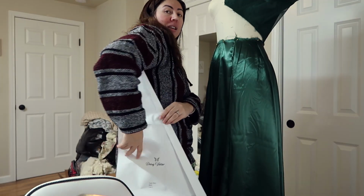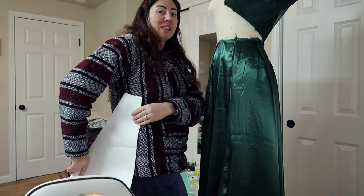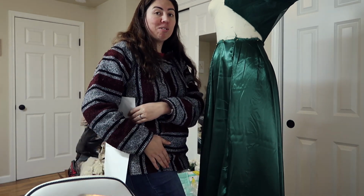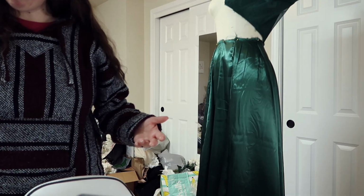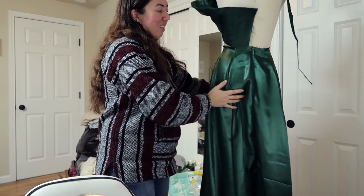In my mind, I'm thinking it goes like this. But in reality, it goes like this, and that piece was supposed to be sewn to the side back. That's why I wrote on the pattern, side back. Side back. I don't know if that makes sense, but I screwed up. The way I recognized that it was a problem was